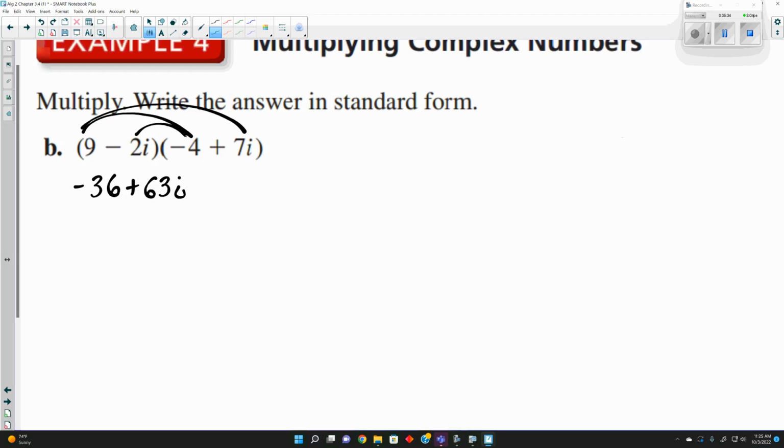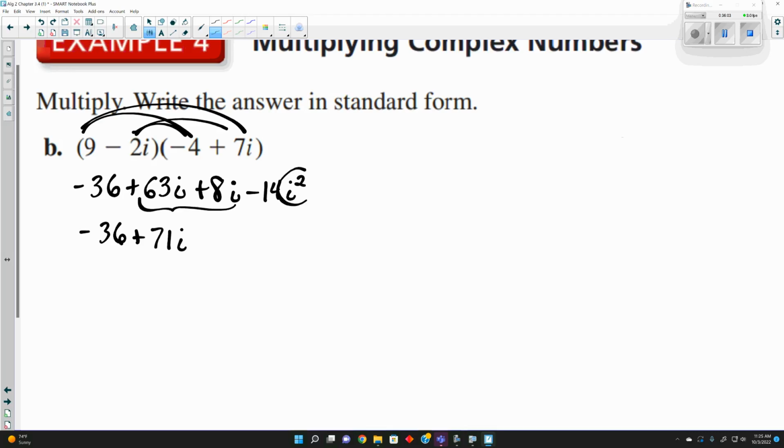Negative 2i times negative 4. Negative 2 times negative 4 is going to be plus 8i. And lastly, negative 2i times 7i is going to be negative 14i squared. Well, we can combine these middle two terms. 63 plus 8 is going to be